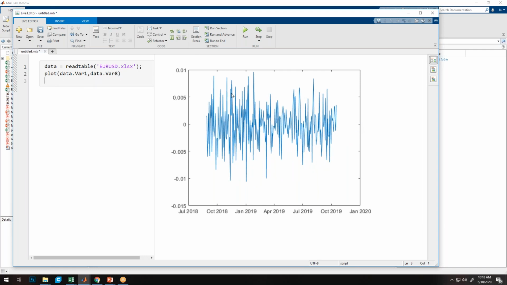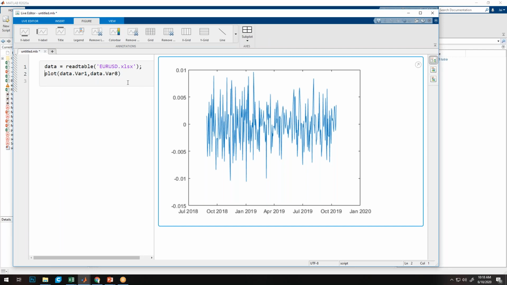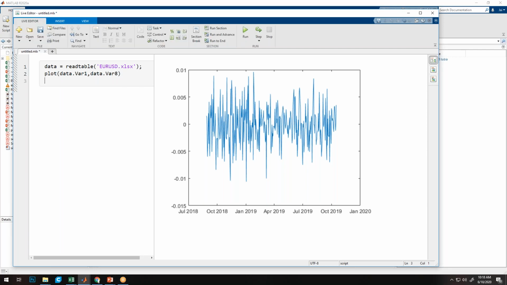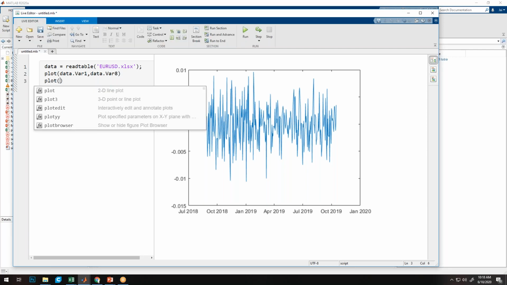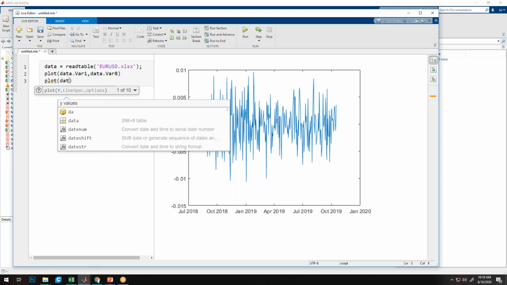Similarly, we can have a different plot with other fields. Say plot data.